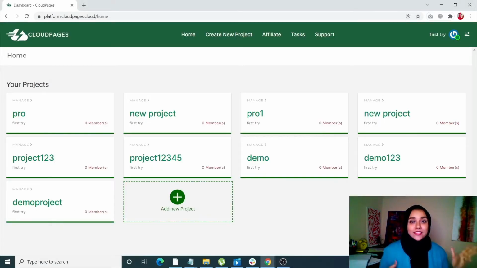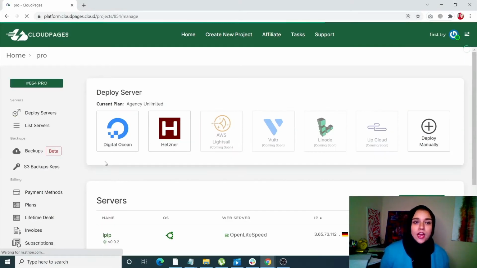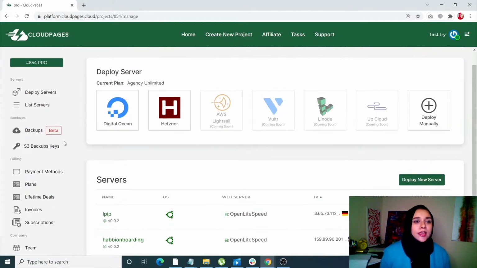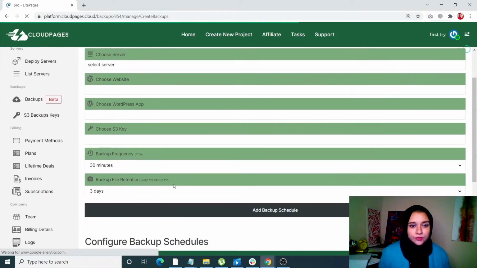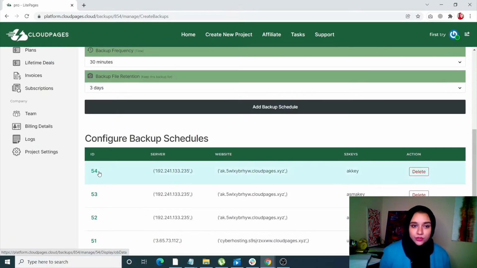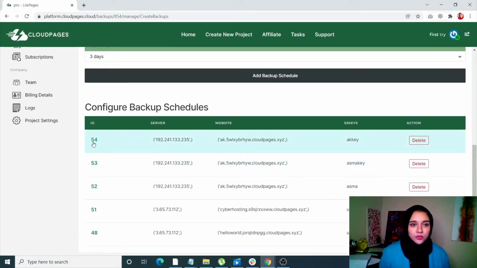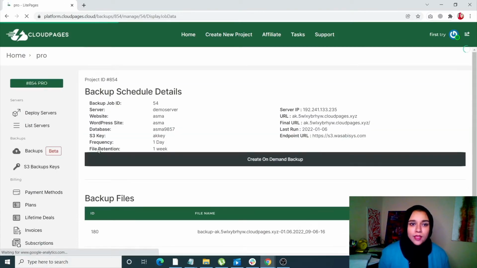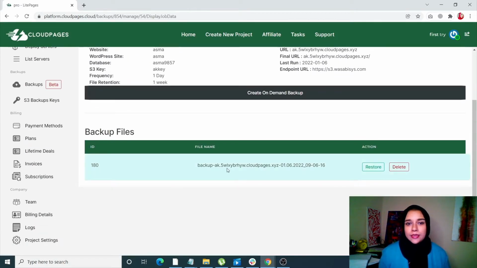Okay guys, so let's just restore a site. When you come in your Cloud Pages account, just click on your project, select backups from the left hand side menu, choose your backup schedule, which would be this one. And over here you can see my backup file is all prepared. So if I click on restore,